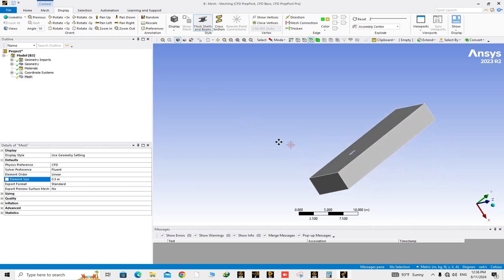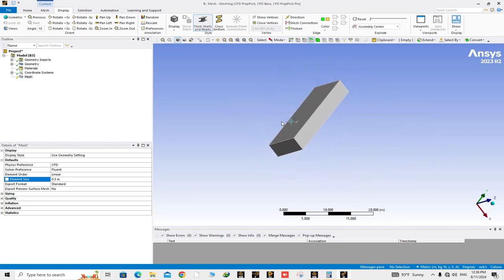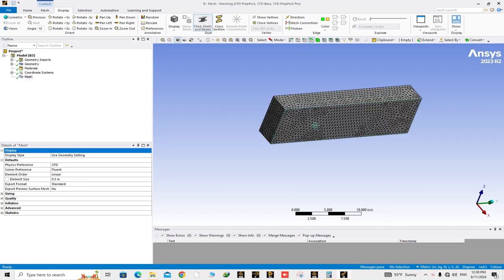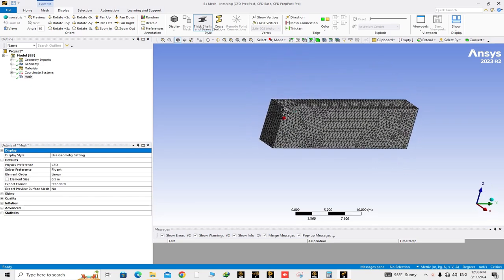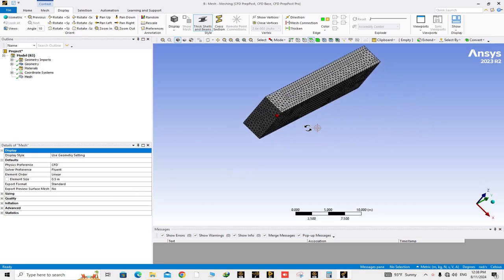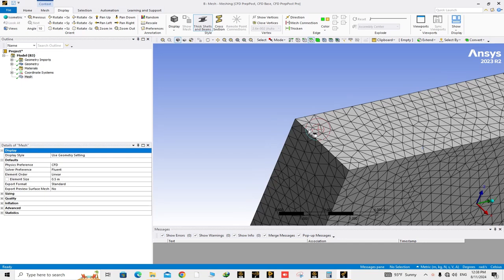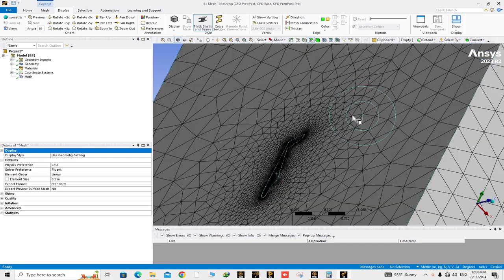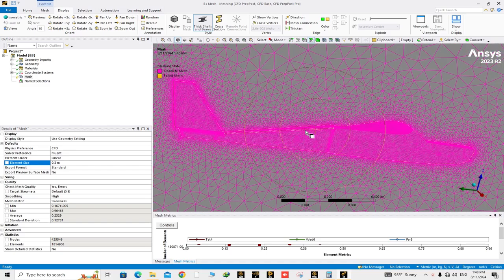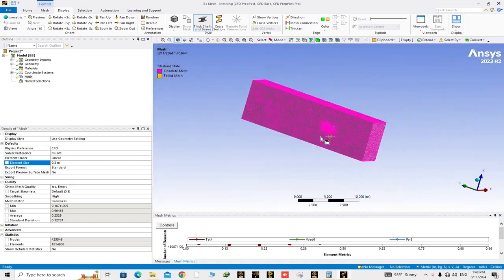to make sure that there is no problem from the geometry. So right click on mesh and generate mesh. So yeah, the primary meshing is done without any problem, and now we can change the element size to increase the whole number of elements and have better meshing so that we can have better simulation. So I want to change the whole geometry element size to 0.3 meters, and then to have better meshing around the UAV, I want to